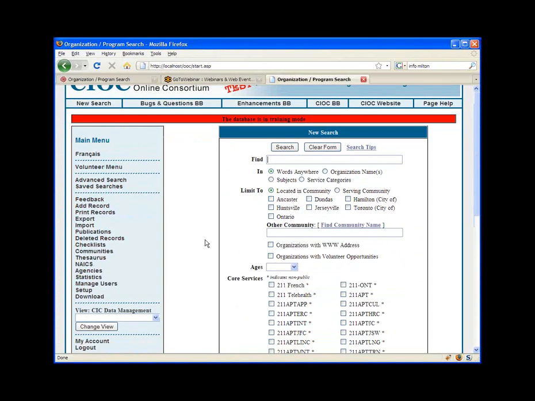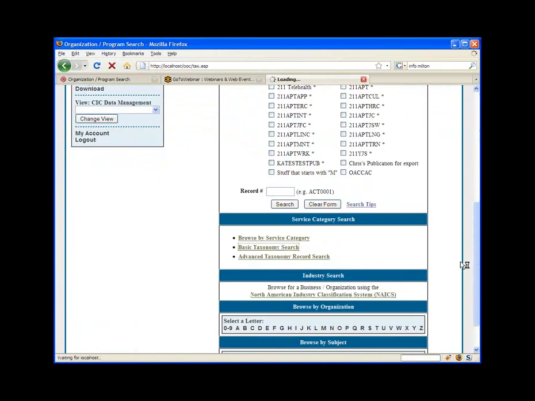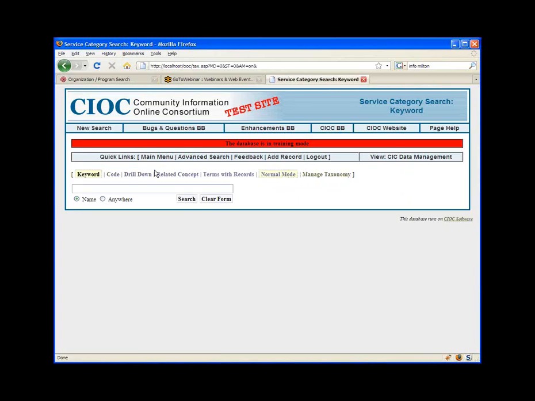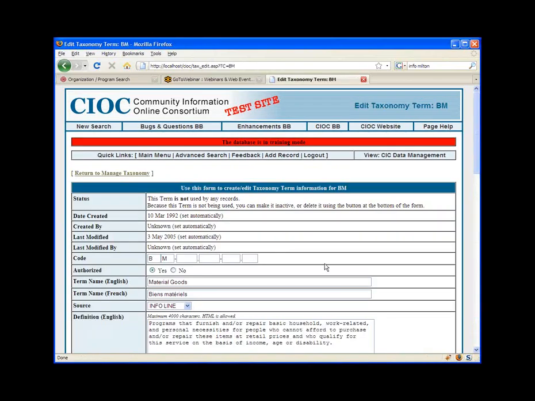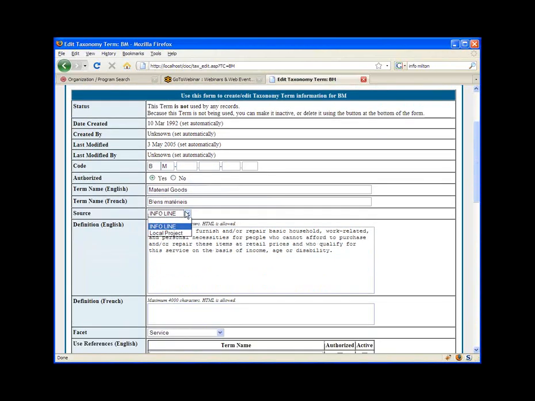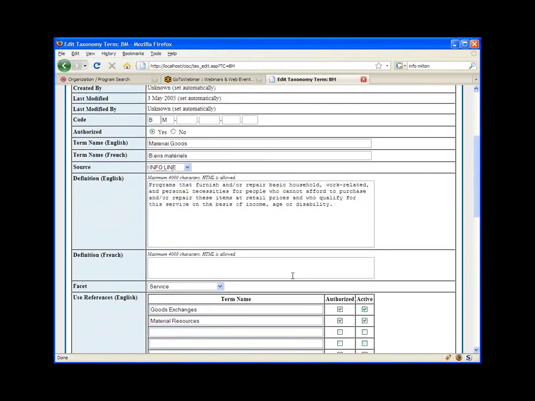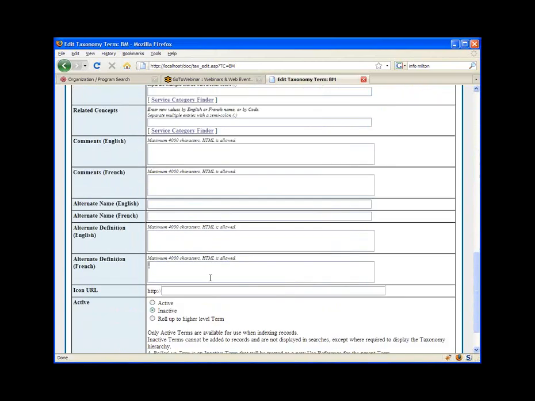So taxonomy management is, as I said earlier, done through the basic taxonomy search. In some cases, you'll be working in administrative mode, which will allow you to see the edit icon next to any given term. From within the edit form, you can change the code. You can specify whether or not a term is authorized, change its English or French name, the source, meaning where the term came from, the official English and French definition, the alternate English and French names and definitions,